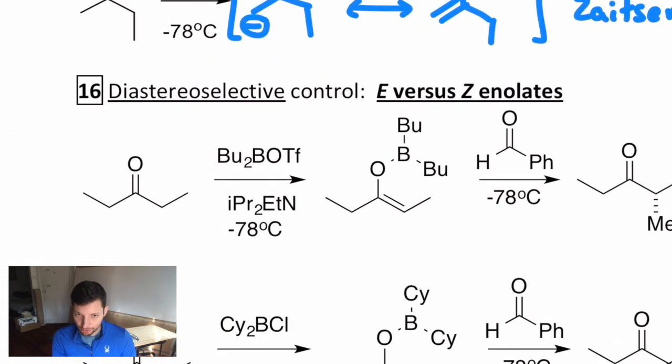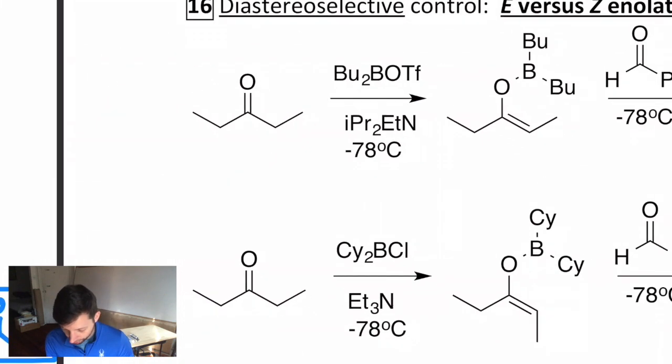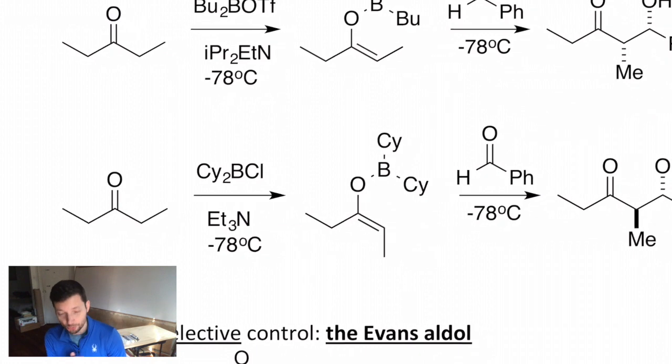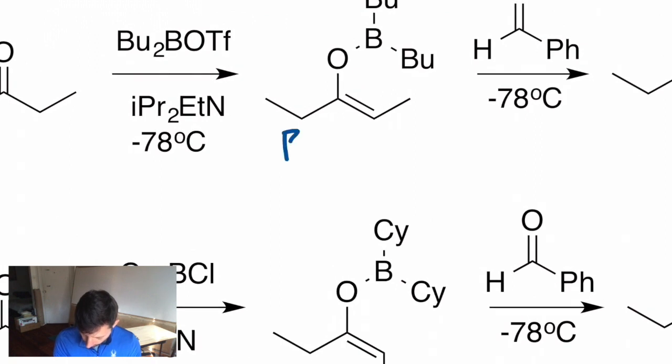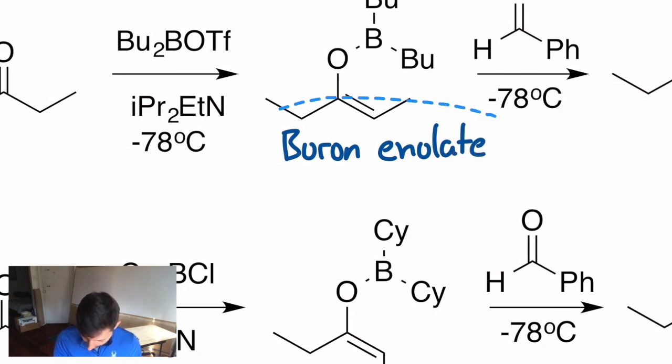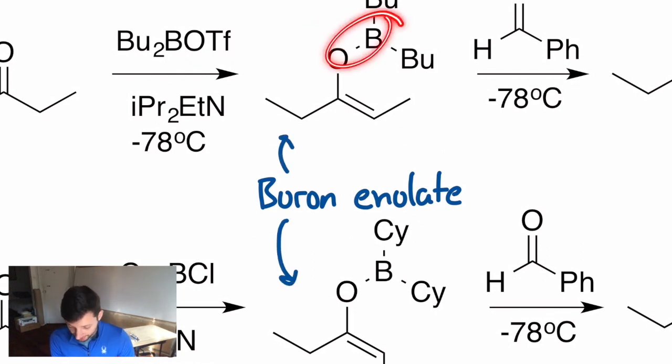I'm going to actually use a symmetric ketone, so we don't have that Zaitsev versus non. And I've actually already got a lot drawn on here. This we change with reagents. So here we have an enolizable ketone, and we're making a special type of enolate called a boron enolate, which is overall neutral. We have an example of each, actually, if you look. And that's just, instead of an O negative, it's actually forming a bond with a boron that came from this